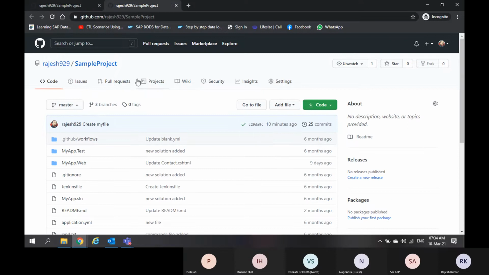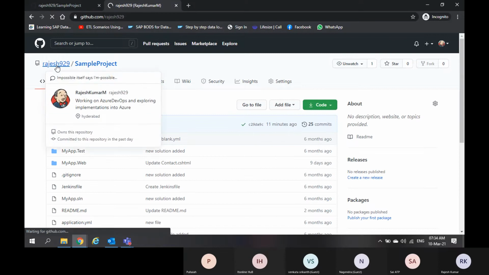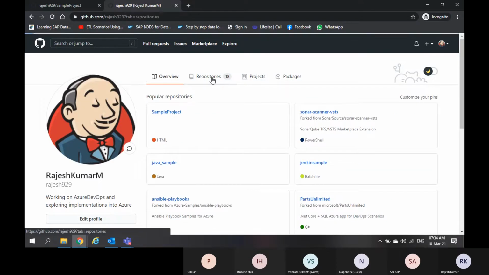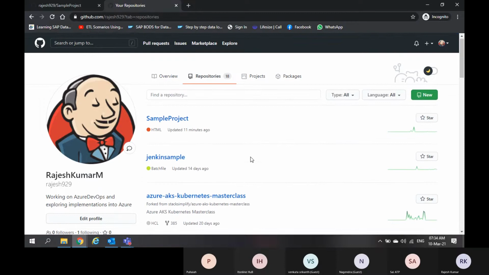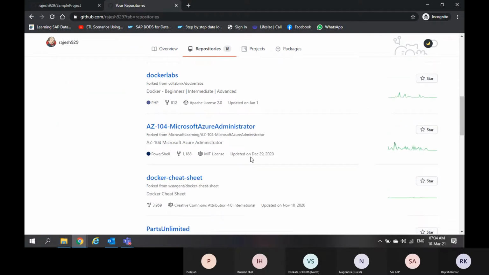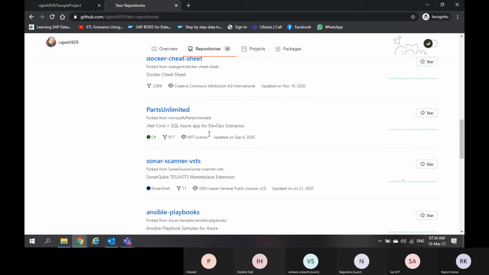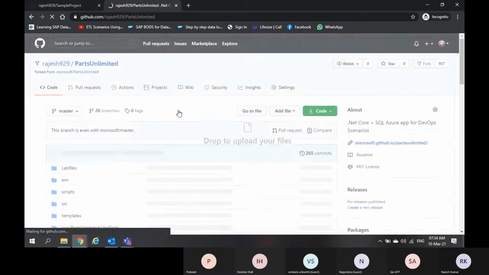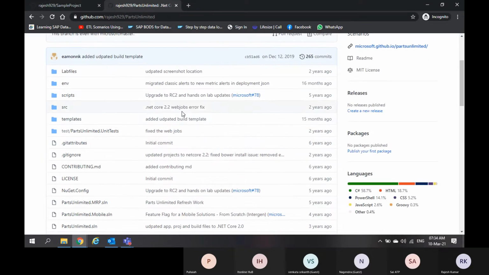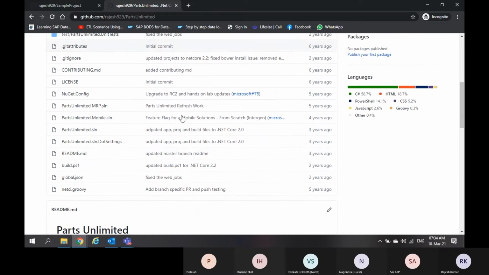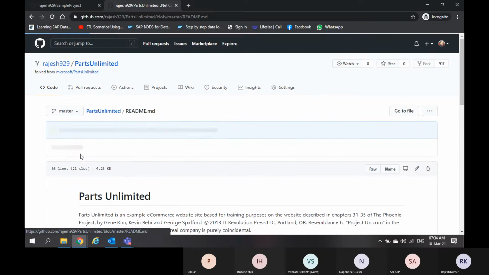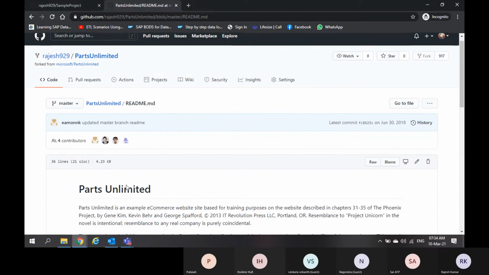I have many repositories. If I go to some other repository, let me go to this repository. If I go to readme.md, this is readme.md.